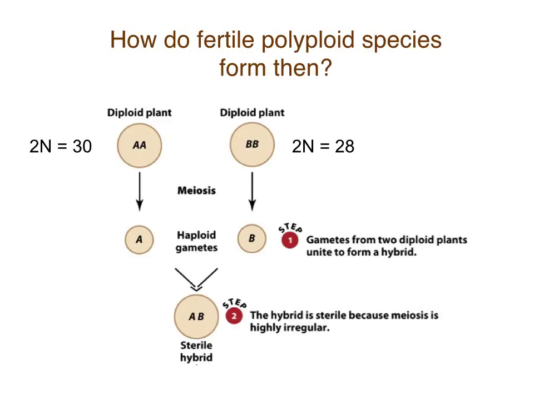Now we have that imbalance. When your 29 chromosomes go to line up with each other, something's going to be askew. That's where the sterility comes from. That's what we were talking about in the previous slide. Do we see sterile hybrids in nature? Yeah, we do. And the most common example, usually when I ask people what an example is, what do you say? Mule.